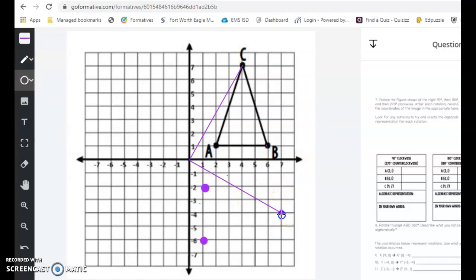Of course, it'd be much easier if you had a protractor and a ruler, but we don't. So there we go. And the other way we can check is when we write down our ordered pairs, we know that the numbers are going to be similar to our old numbers. Don't forget to label your vertices. So this is point C, we've got point A, and point